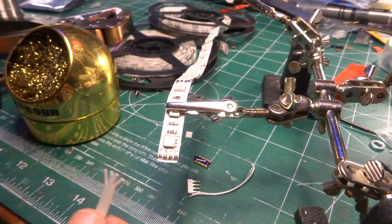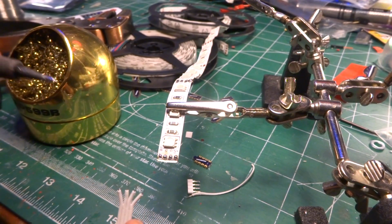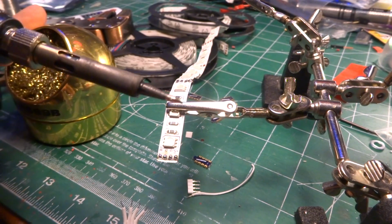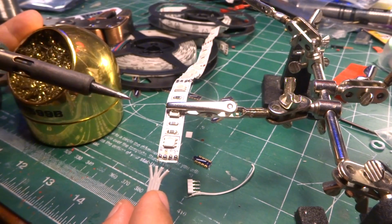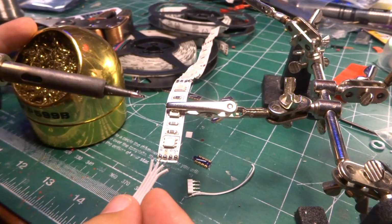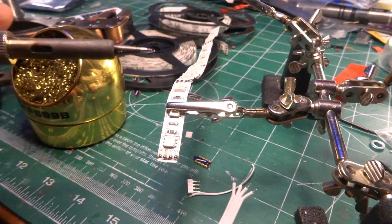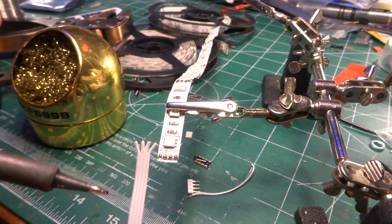When I'm soldering large wires, then I'll go up to really high temperatures, like 750 or so. I really usually don't go that high. I use a thermally controlled iron, so the iron itself does its best to keep at the temperature, and it doesn't overheat these components because of it. So, before we go, and before we solder this thing on,